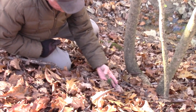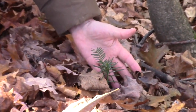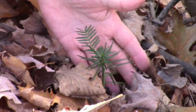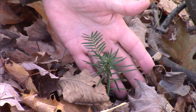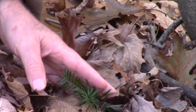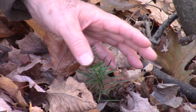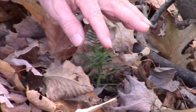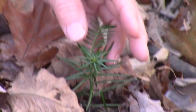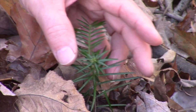Free planted, no stones above it, on its own. And there it is. This one, I looked up close, and there's no rodent damage at all. At the very top of it, there are 3 little lateral buds right at the terminal. So next spring it's going to put out 3 lateral branches, and they'll all be spreading away from this group